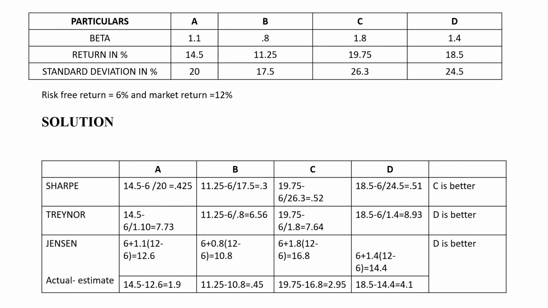So if you see here, this one you have as the beta of the portfolio, right? Clearly this is the beta of the portfolio, this is returns of the portfolio, this is again standard deviation of the portfolio, this is the risk-free return, and this is the returns of the market. This gains importance when you do Jensen's model, the 12%. Otherwise you don't use that anywhere here. So why does it differ in values? Because of the total standard deviation that you are taking here. So here again you find the difference between actual and estimate in Jensen's model.